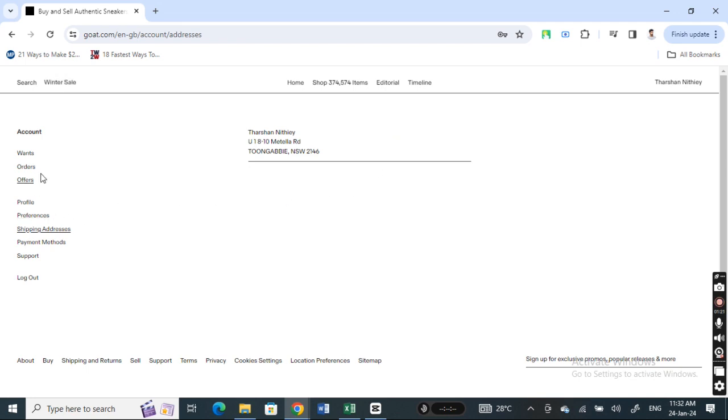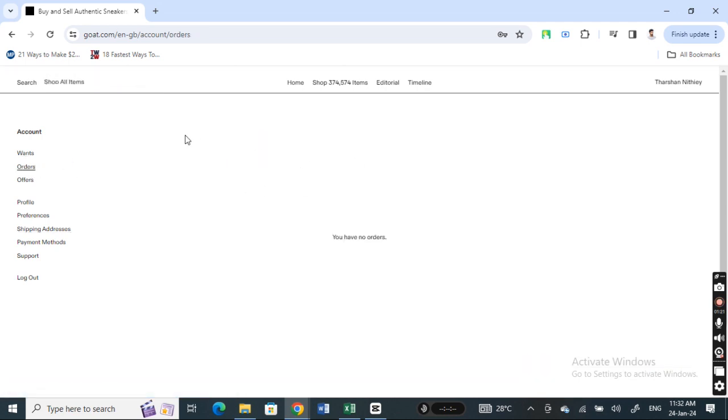So the best workaround for this is simply what you can do, just cancel the order that you have made. So simply cancel it, just go to orders and then select the order and then hit the cancel button and just cancel it, and then reorder it. So when you reorder it, just add in the correct shipping address or the new shipping address that you wish to purchase it with. So this is the best workaround we have at this moment,